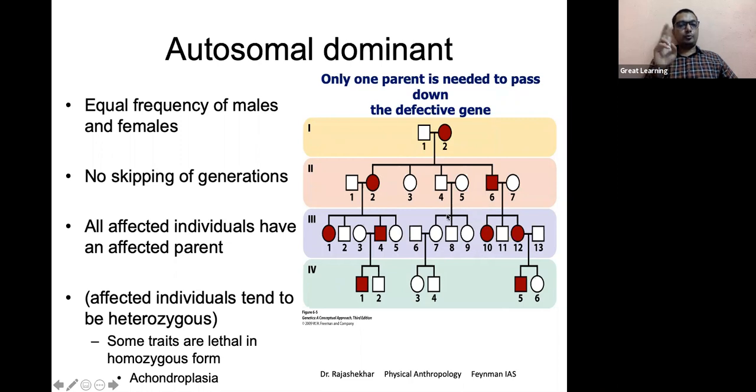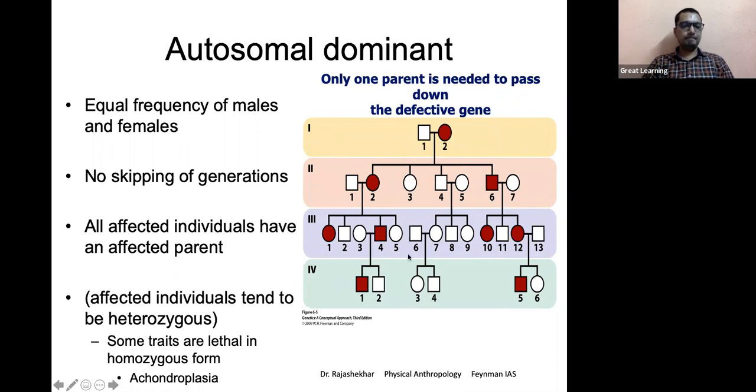Because autosomes, we have two pairs, right? So here she might be heterozygous for that. She might have this problem only in one of the chromosomes. So wherever this single chromosome went, got inherited to, those children got the problem. And those who didn't receive it, like this, they didn't get the mutation in their genes. So the children also didn't get it. These children, this line is healthy. Even this child, this daughter, even if she gets married, their family will also be normal with respect